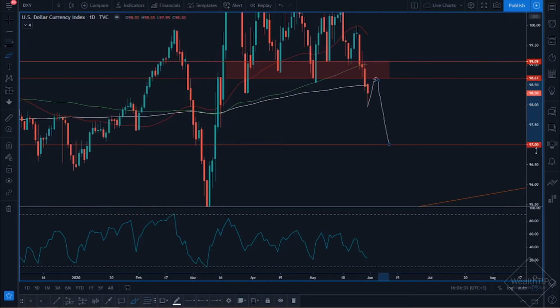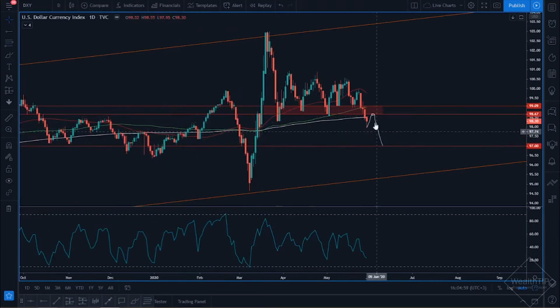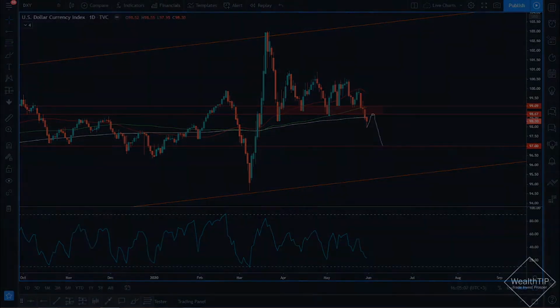And this is the level that I'm looking at the dollar to drop towards, which is 97. So this is the dollar index, and this is what our bias is as it relates to the dollar index. Obviously, all this will change if we start to break above this level over here and start to make higher highs. But the chances of that happening, I don't really favor it. I don't put it very high because the market has already kind of shown its hand when it broke this key level of support over here, especially this support zone. So the next level that we could potentially see the dollar run towards is 97. With that being said, guys, let's go over to our next pair.